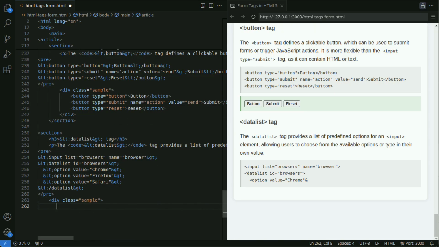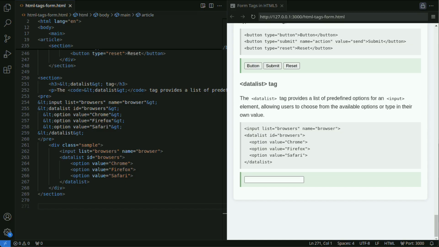Next, let's look at the datalist tag. The datalist tag provides a list of selectable options for the input element. Users can either select from the list or enter their own value.